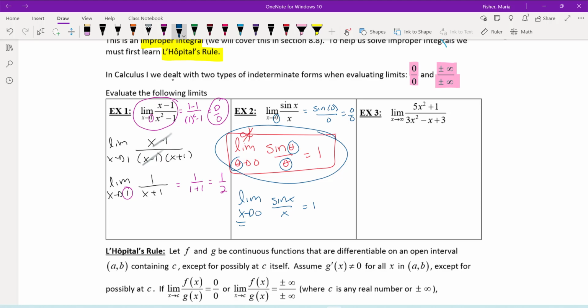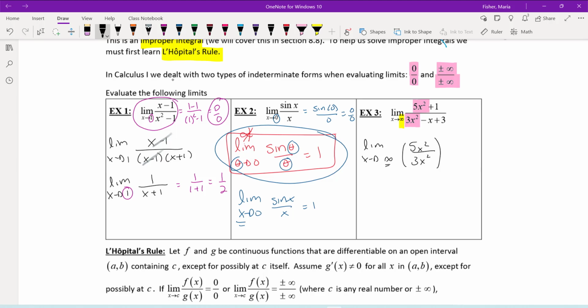Number 3 was a limit at infinity. And with limits at infinity, what we were really looking at were those leading terms. So the leading term in the numerator is 5x squared, because that's the term with the highest exponent. And the leading term in the denominator was 3x squared, again because that's the term with the highest exponent. So we could rewrite this limit as the limit as x goes to infinity of 5x squared over 3x squared,